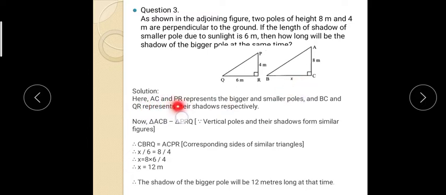Okay. Now see, AC and PR represent the bigger and the smaller pole. PR is the smaller pole, AC is the bigger pole because it is 4 meter and it is 8 meter. And BC and QR represent their shadow. Now in triangle ACB similar to PRQ, the vertical pole and their shadow form a similar figure. This is the logic. Because both the poles are perpendicular to the ground, their shadow will come. We learn this also, and therefore this forms a similar figure, and therefore by the